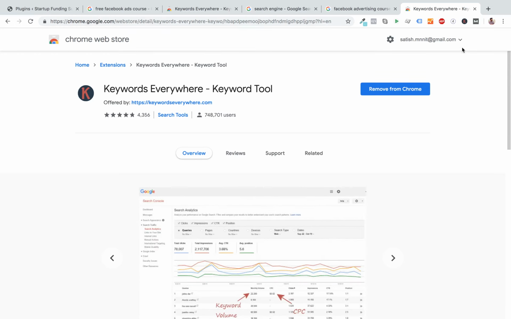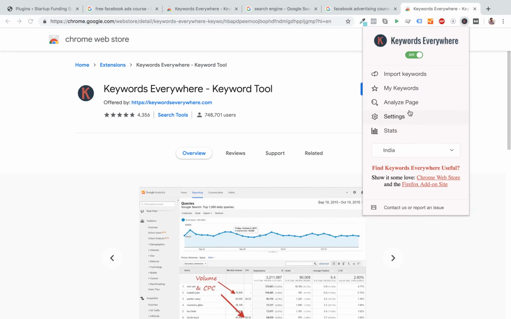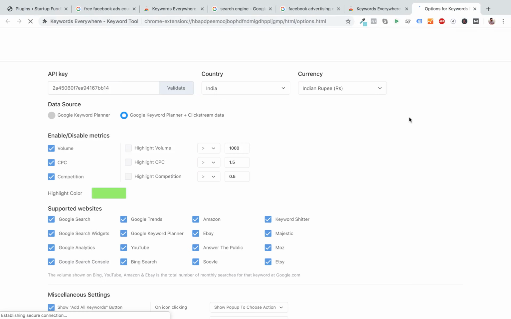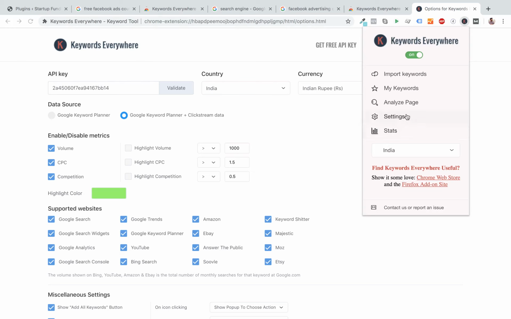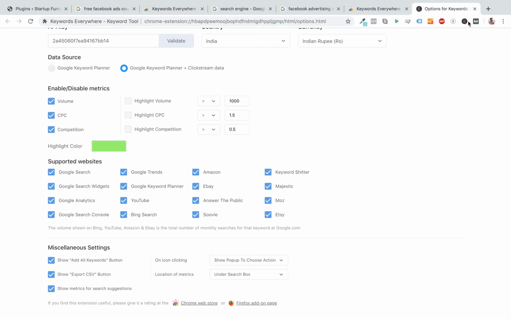Once you have installed, a K icon would come here. Click on this, and you would receive your API key on the email that you have given while signing up. So go to the settings section. Copy paste the API key here and click on validate. Select the country as India, select the currency as INR. Boom, this should start working for you, right?